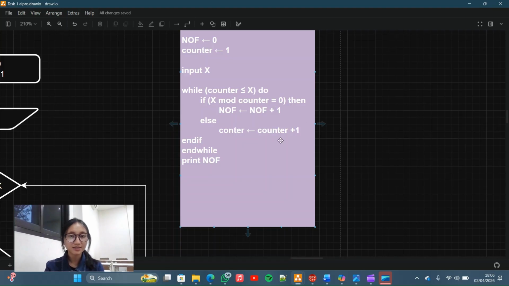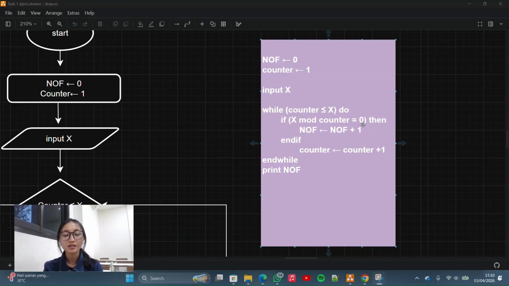We end this if, store counter plus 1 to counter, then end the while and print the NOF, the number of factors.